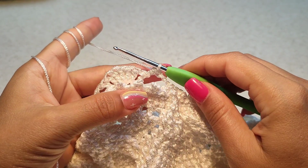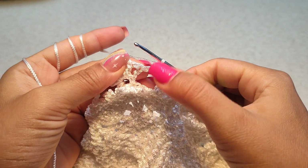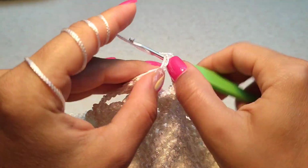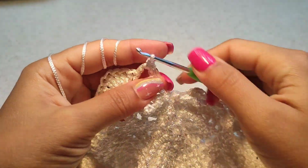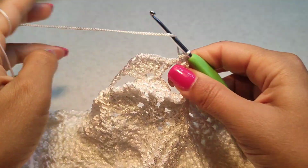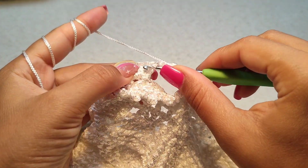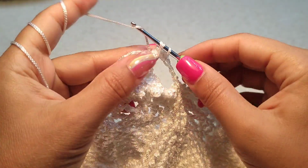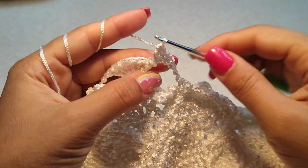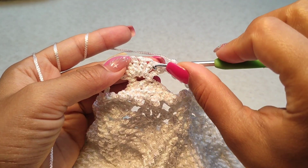Round 44, chain 1, 2 single crochet around this double crochet here, 1 and 2. Now a front post double crochet around the first double crochet here, a single crochet top of next double crochet,